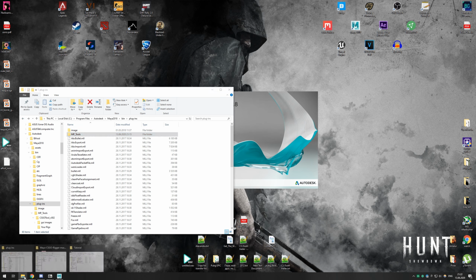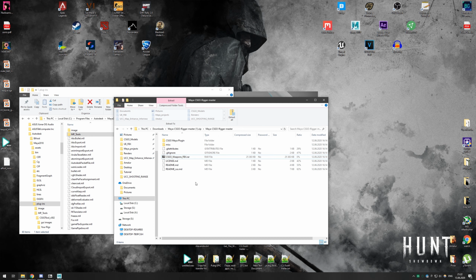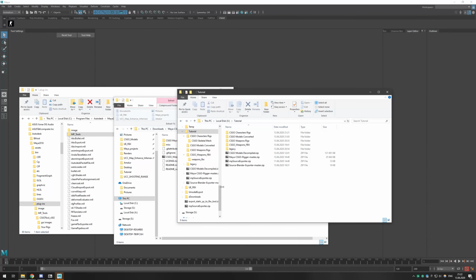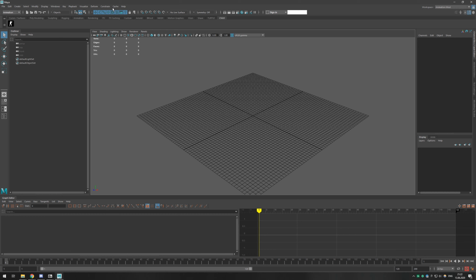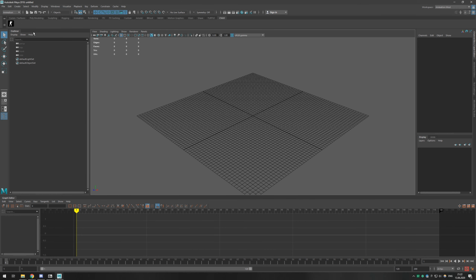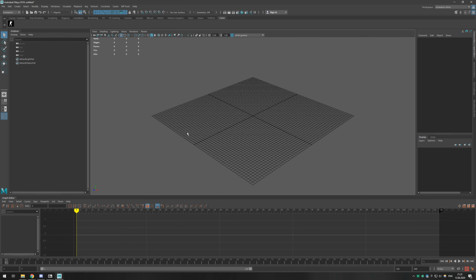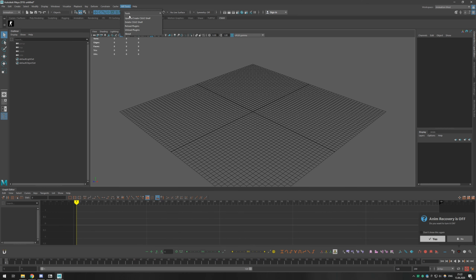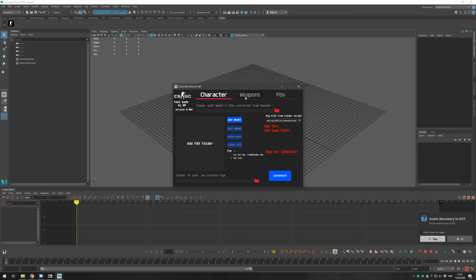I mean, it should. That's the wrong file. Now you can obviously click this one, but I will just stick to my usual way. Go to the MP tools, CSGO Rig 2, and now we will convert weapons.